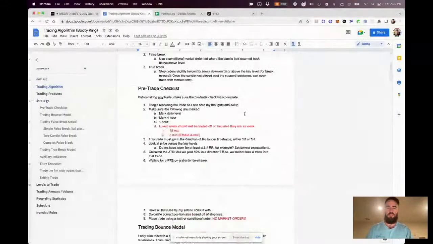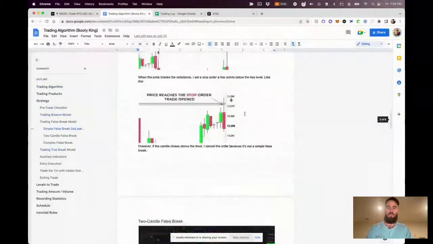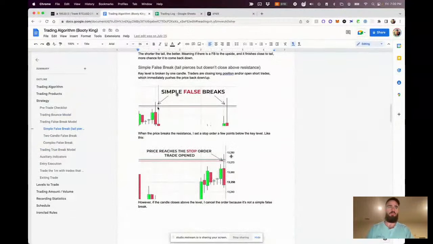And in stage 1, we traded 3 different kinds of trades: bounce, false break, and true break. And for this stage 2, these 200 trades, we're focusing on false break, which is counter trading retail on the 1 hour, 4 hour, and daily time frame. And so what trading the false break means is if you have some price level like this, like a resistance, and price